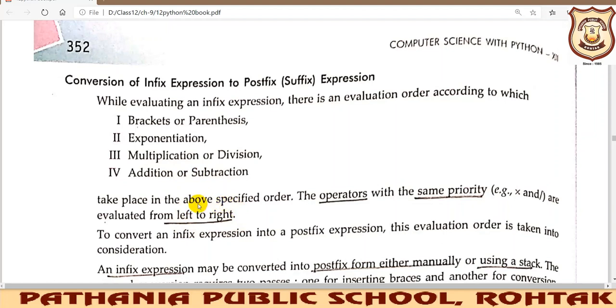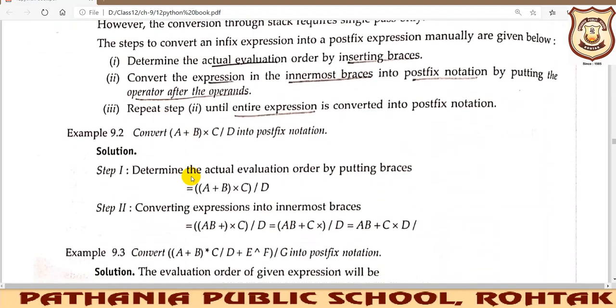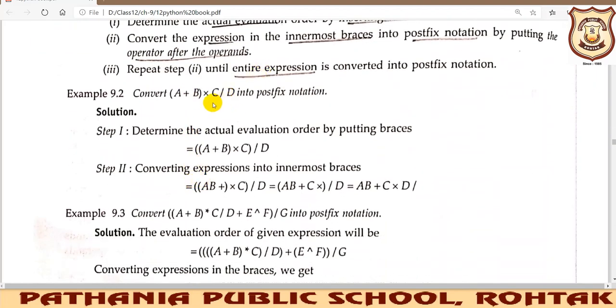What does this left to right rule say? Whenever we are evaluating an arithmetic expression and we find addition and subtraction at the same level, or multiplication and division at the same level, then we will solve whichever comes first when we are moving from left to right. To better understand this concept, we should take a few examples. So the first one is,